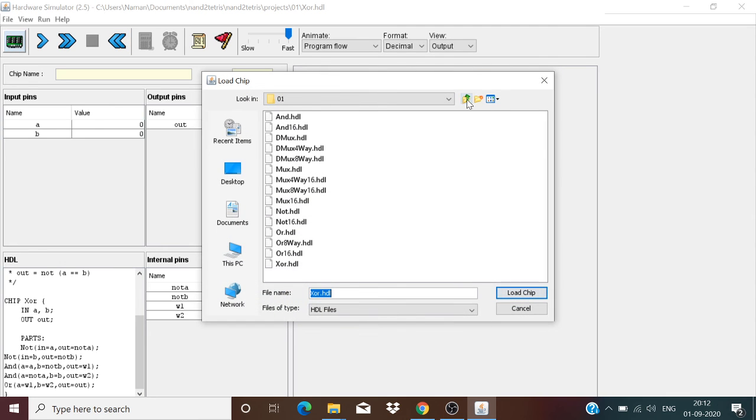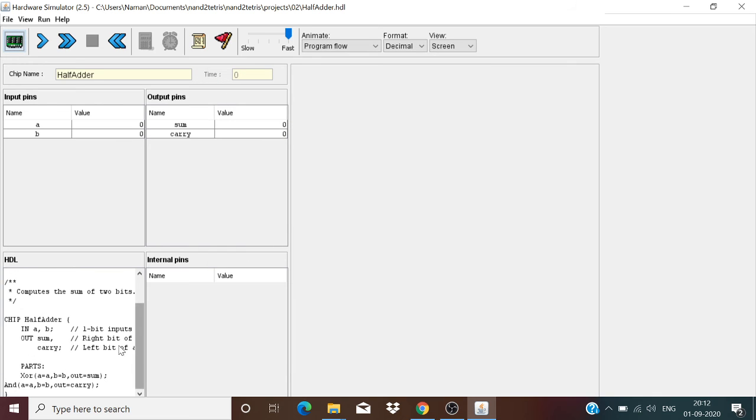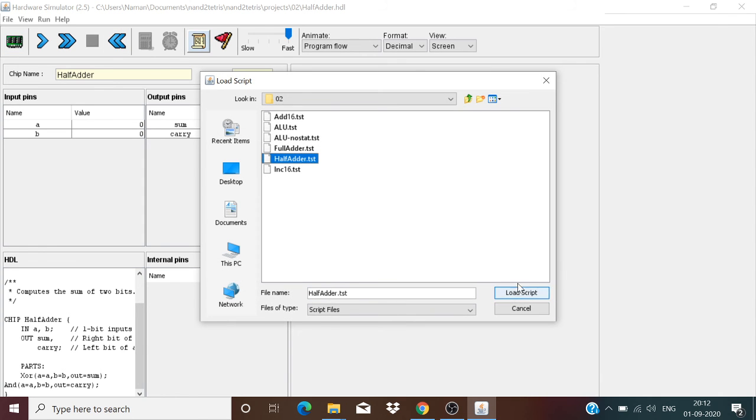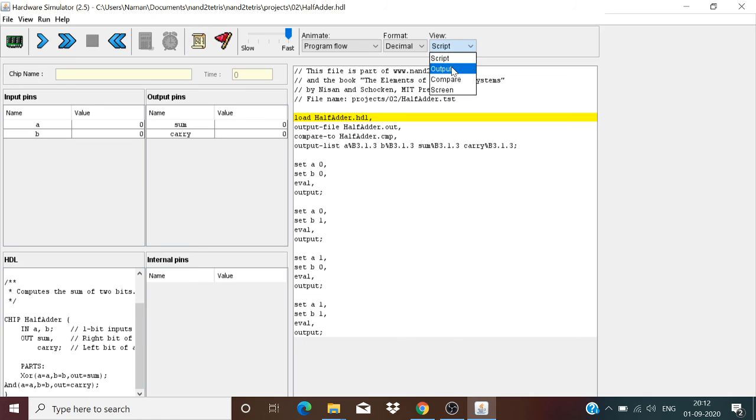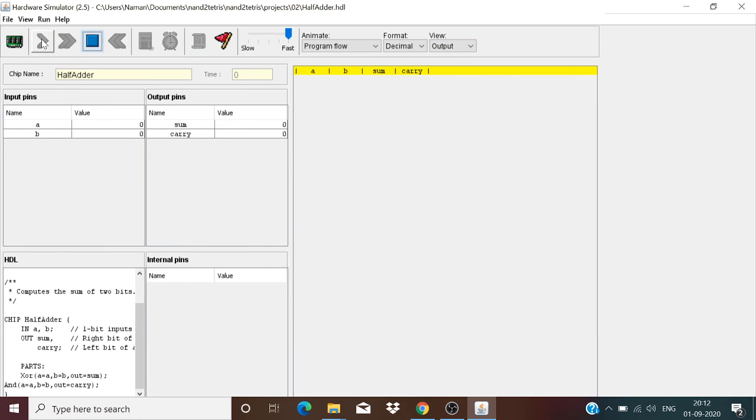Now coming on to project 2, I will first show the half adder. For the half adder we know that A XOR B represents the sum and A AND B represents the carry, as shown here, and this makes use of the XOR and AND gates that we constructed in project 1. So let me just go ahead and load the test case for it. And here we have the correct thing: for 1 and 1, sum is 0 and carry is 1.